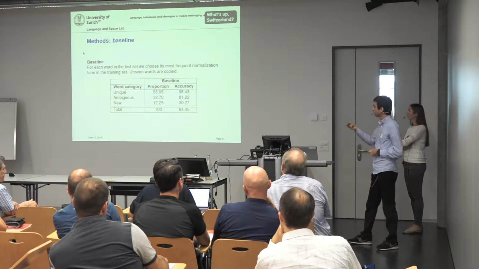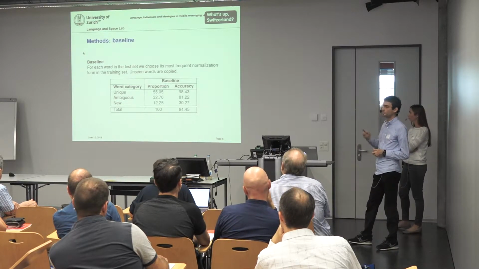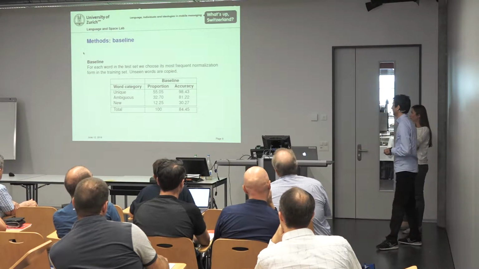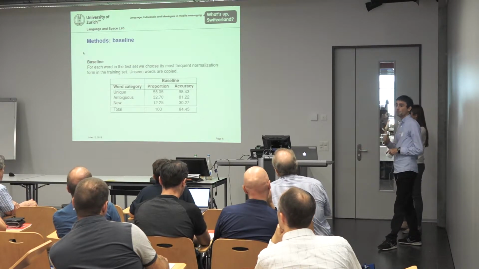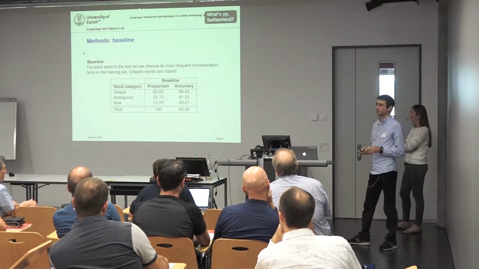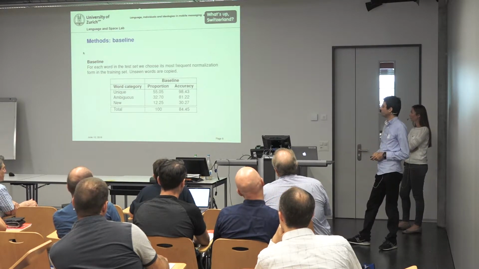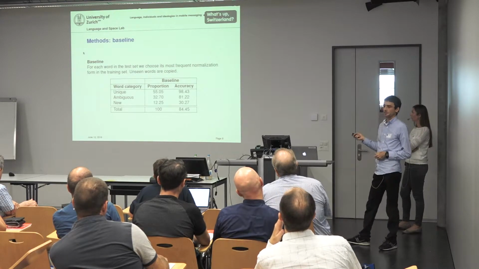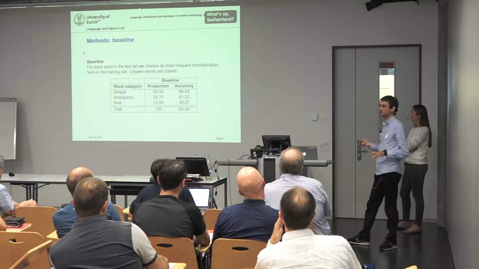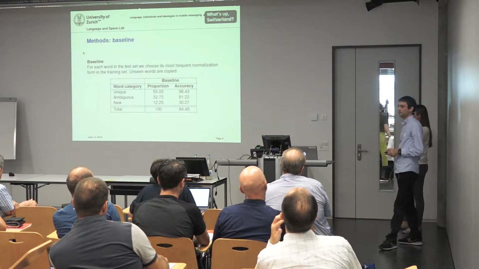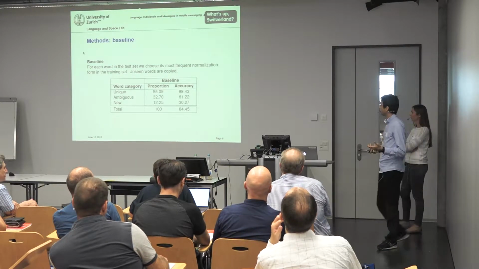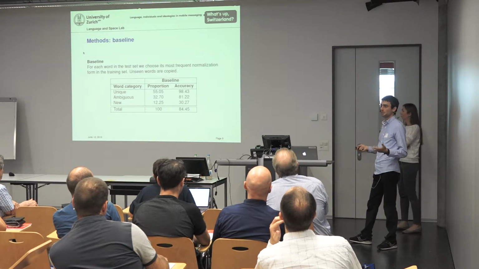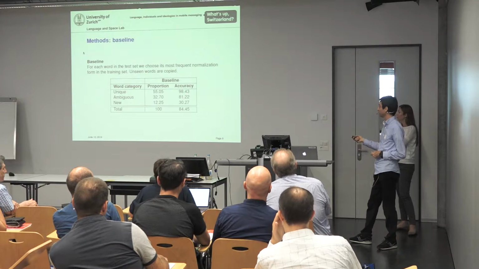This results in 3 categories of words. We have unique words, which are always normalized the same way in the training set. Then we have ambiguous words, which have more than one normalization form. In this case, we choose the most common one, and in case of a tie, we choose randomly. Finally, we have new words, which are words that have not been seen during training, and we just copy them. This method produces an accuracy of 84.45%, which is our baseline, and it represents a very strong baseline to